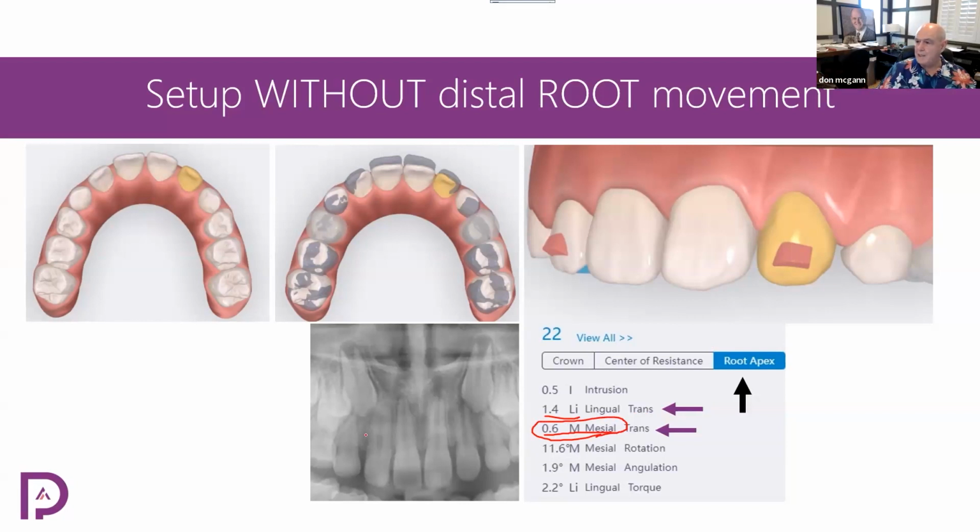you have this panoramic, you just say change root apex 0.6 mesial trans to, or let's say it said distal, to 1.0 millimeter mesial trans. Done. It'll come back exactly like that. You may have a bigger space here, but that's what you do. Okay, so you specifically tell them no distal root trans. Okay,